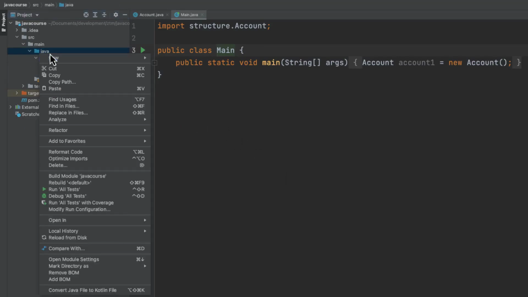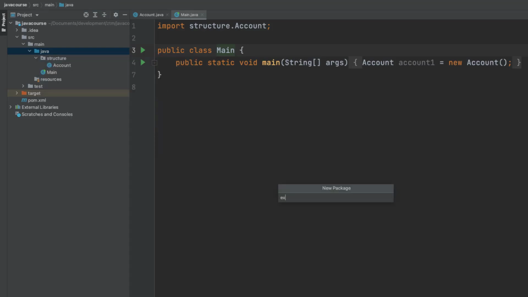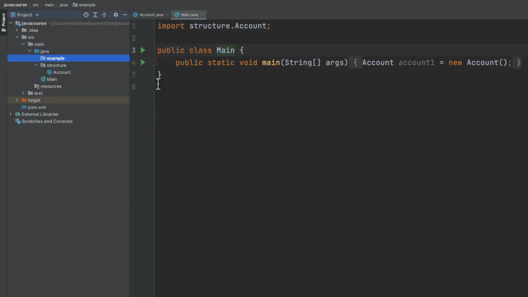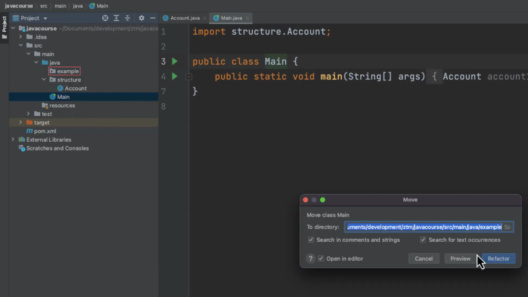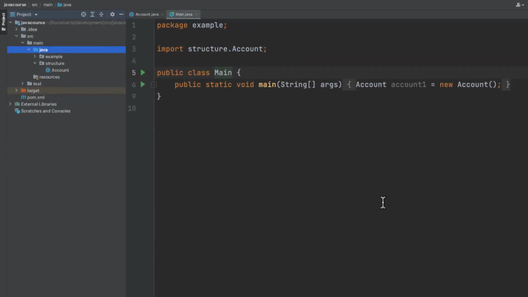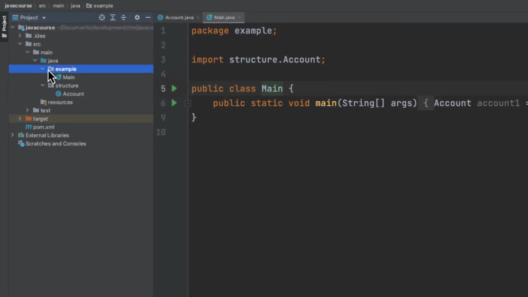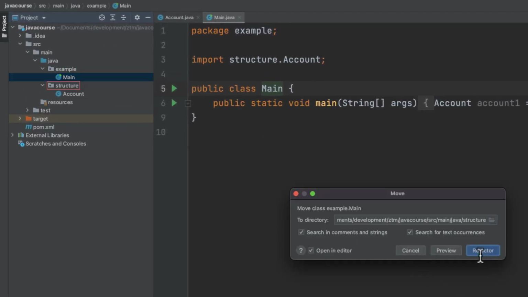Let's create a new package. I'm going to right click on Java, say new package, and let's call this package example for now. If I'm going to move my main inside the example package, I'm going to do refactor. You can see that the first line changes to package example. So classes that are part of a package always start with the package statement as the first executable statement of the Java file. So it doesn't make a whole lot of sense to have a main in a package called example, and actually it's not that bad to have it in structure since this is the module of the course that we're at. So I'm going to move my main back to structure and I'm going to delete the example,